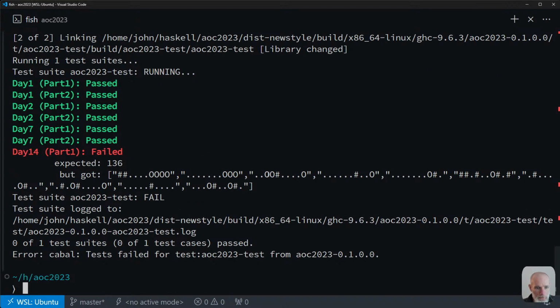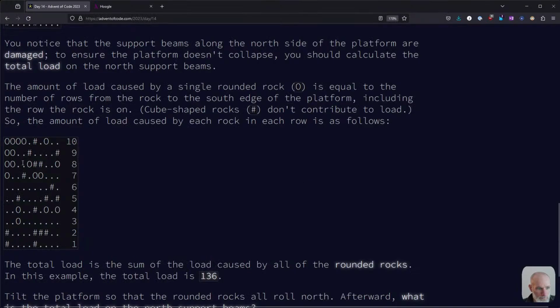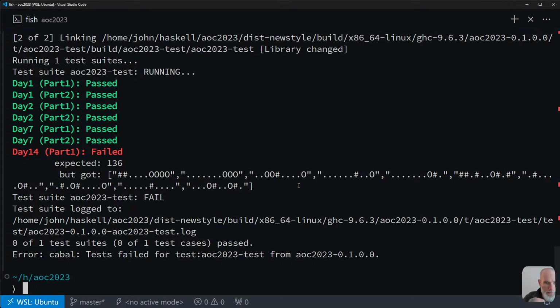So it's 2 dots, 2 rocks, a hash, 4 dots, and a 0, and so on. Okay, cool. So these are correct, and then we just go through, transpose them again, and then we can start to count. We don't need to transpose them actually, we can just take the first